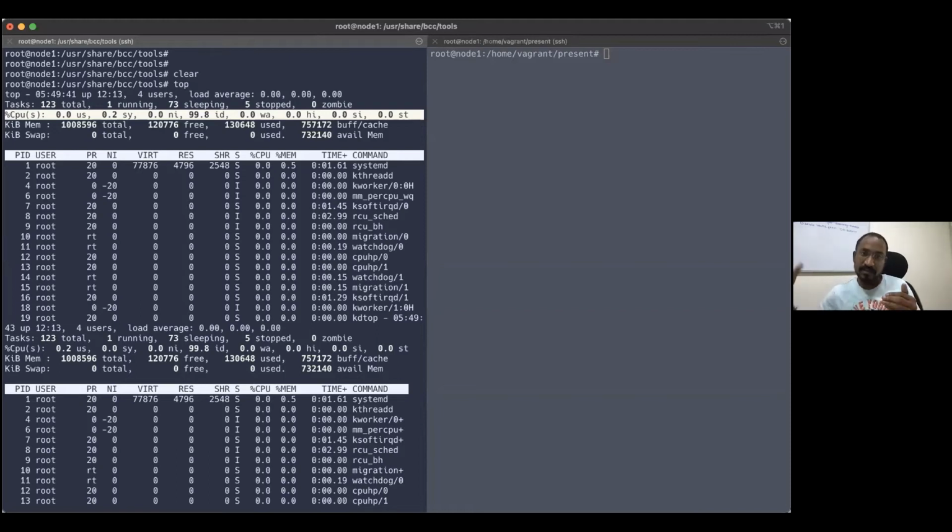In that place, system usage will increase. The nice process, people know basic Linux understanding, so I don't want to go into it. If you give a high nice priority and that process is using more CPU, you can see your nice process utilizing it. Idle means here you can see 99.8% my CPU is quite idle, not doing anything. So we will make it busy, don't worry. Then the next is wait.